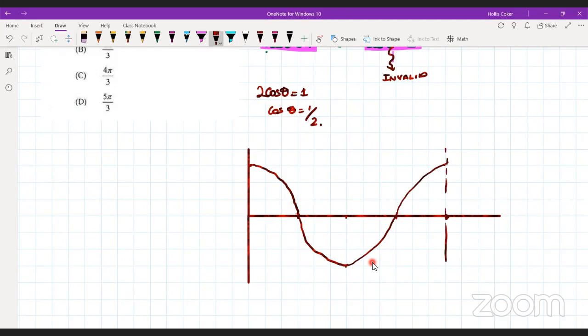They tell you that cos theta is a half. So this is the graph of cos theta versus the angle theta. So a half will be somewhere here. Cos theta is a half at 2 points between 0 and 360. There, as well as